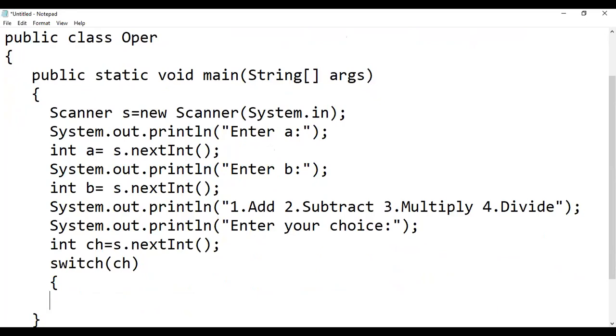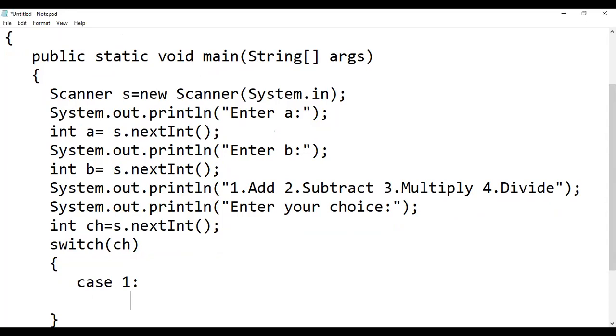So this is the body of switch statement, in which now we will write our cases. So firstly we write case 1. Case 1 will be executed when a user enters 1, means our user choice must match the case. So user can enter 1, 2, 3, 4. So that's why we will write case 1, 2, 3, and 4. So when the user enters 1, we have to perform addition and display result on the screen.